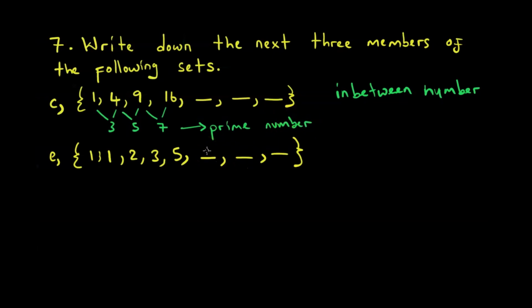And what is a prime number? We have defined this again and again. A prime number is a number with 2 factors, 1 and itself. A prime number can only be divided by itself and also by 1. So since we know the relationship existing between my in-between numbers, what we now have to do is find the next in-between number, of which the next in-between number is the next prime number after 7.